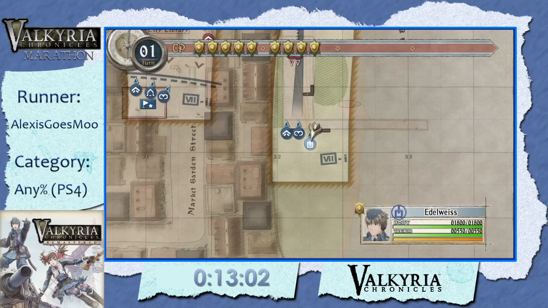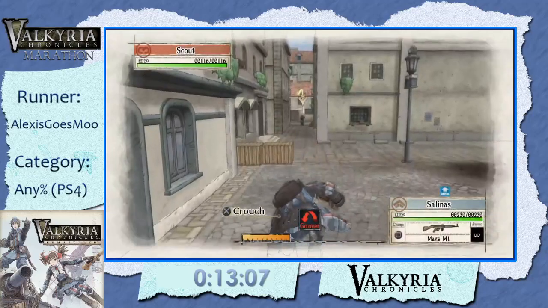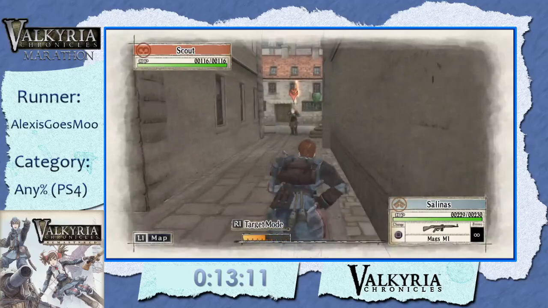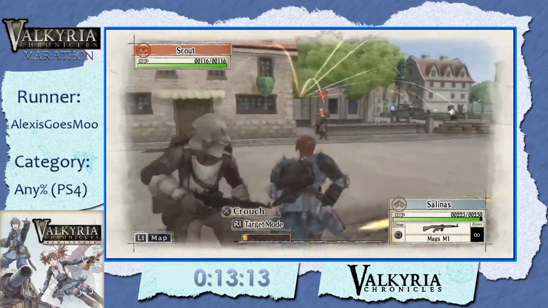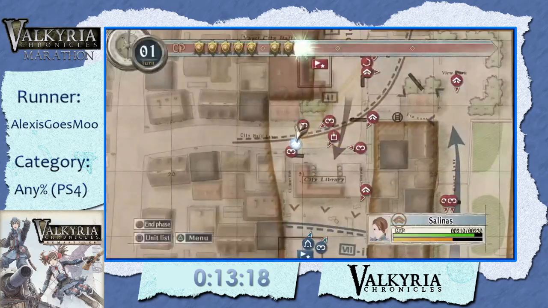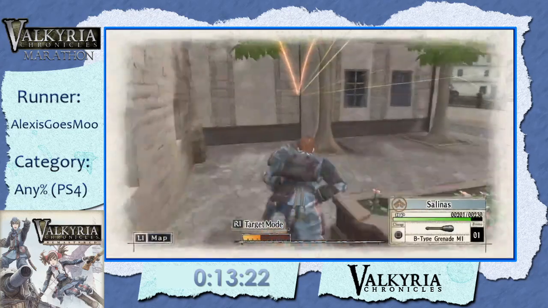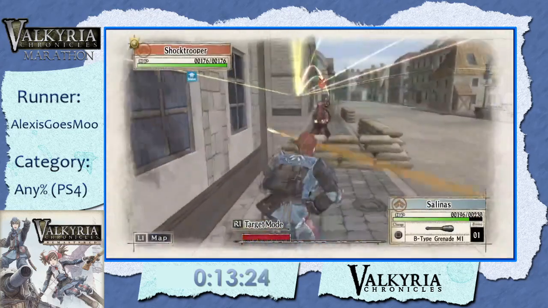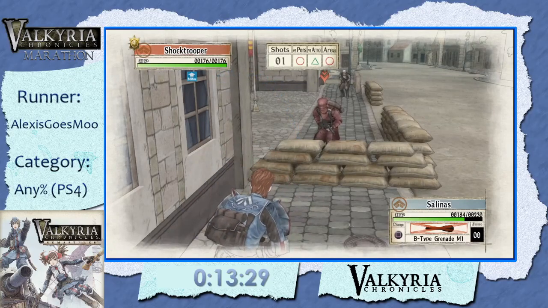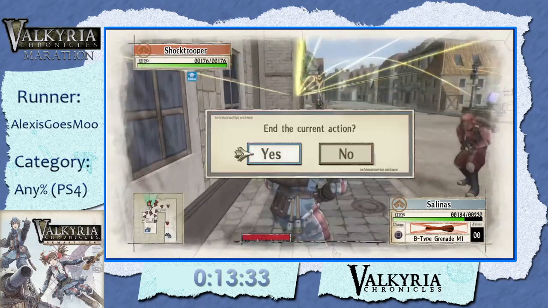Alright, so we're gonna use a new unit type, the shock trooper. They use machine guns, and they do the most damage in the entire game. So we'll be using them for any mission where we don't need to use a lot of movement, because their movement's pretty limited. Yeah, and we specifically pick male shock troopers because they shoot faster. Ladies shoot from the hip, which is a bit slow with the animation, and guys tend to shoot from their